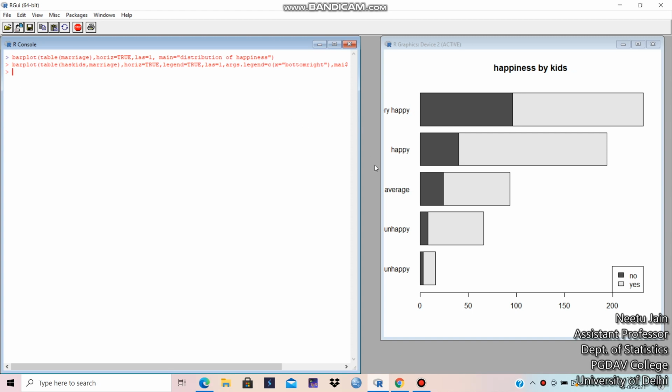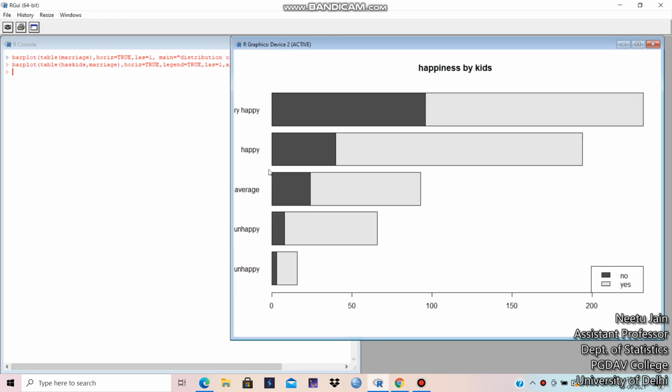See this bar plot. This is happiness by kids. You can see, right? So this is very happy, and see the dark gray area is no. So this represents the number of the families who are very happy but no kids, and this light gray area represents the number of the families who are very happy and have kids.